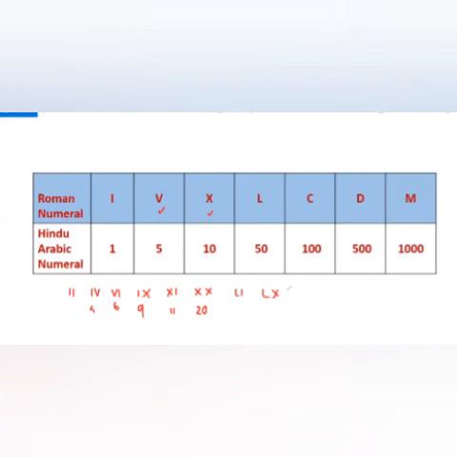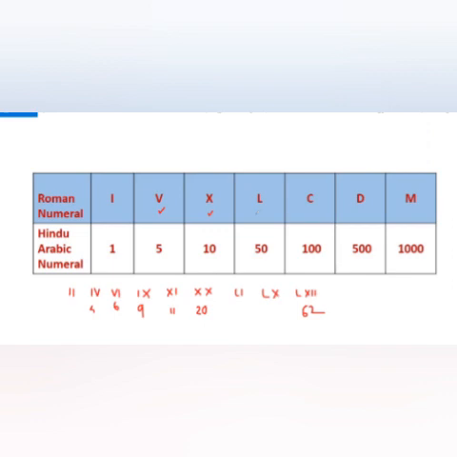Okay. How to write 62? 50 plus 10 is 60, so LX is written. L, then X is written, LX. So this is 60. Okay, you understand 60; how to write 2? 2 means 1 plus 1 is 2, so you write 2 ones. This is 62. Understand? This symbol is 62. So this is number 62.